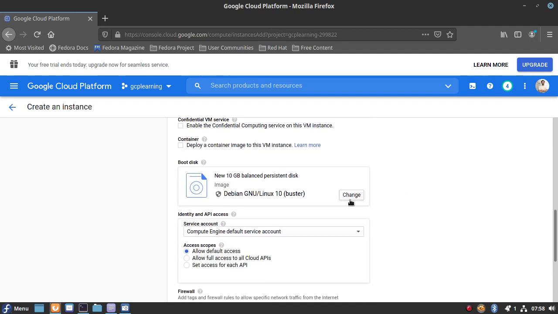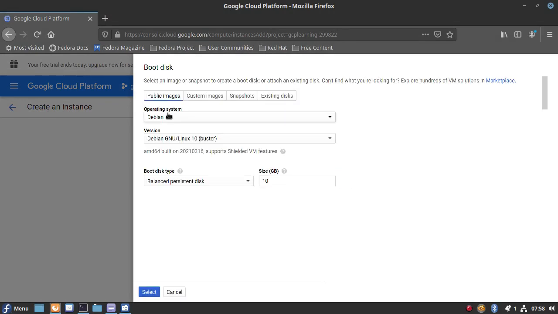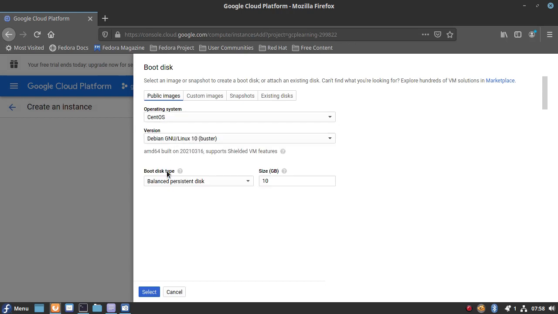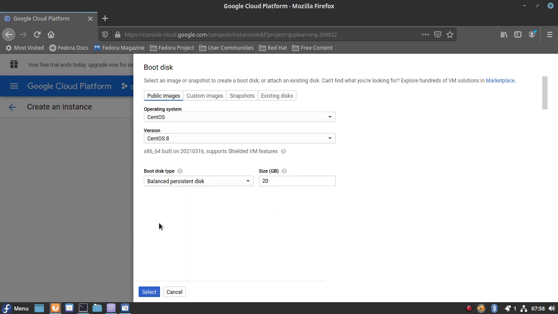Okay, and let me change the operating system which will be installed on the GCP instance to CentOS 8. Let me select it, and the boot disk is 20 GB in size. I'm giving all the defaults.